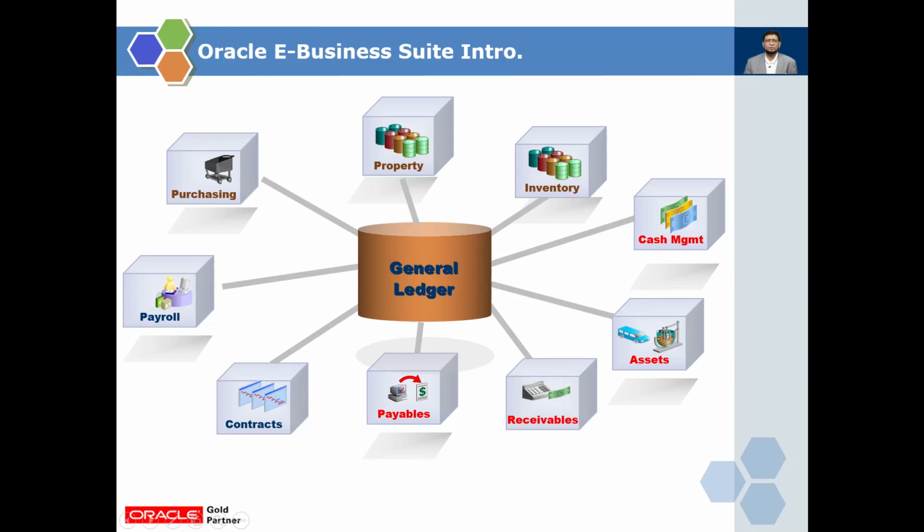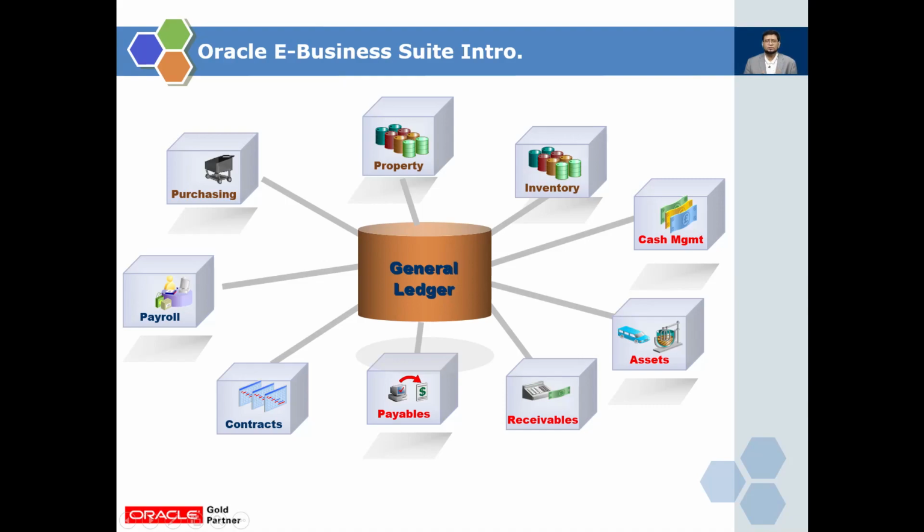But as an ERP solution, the General Ledger module should be light, and it does not contain all the information. So General Ledger receives the information from other modules called sub-ledgers. In Oracle ERP solution or any ERP solution, there is one central module called General Ledger, which is a central repository for accounting information, and there are other modules called sub-ledgers. For example, in Oracle E-Business, we have payable as a sub-ledger, receivable as a sub-ledger, payroll as a sub-ledger, and inventory as a sub-ledger.